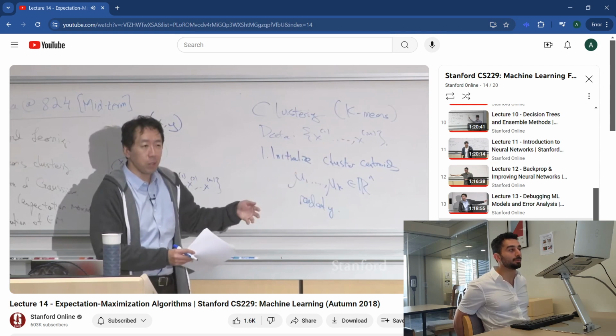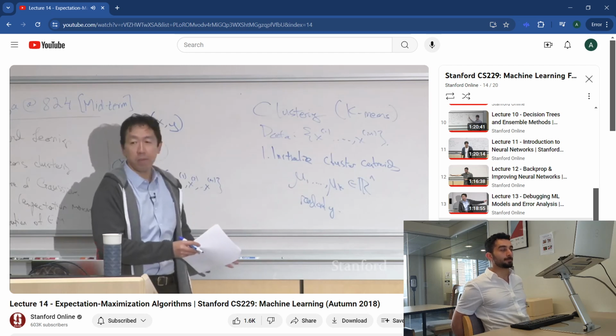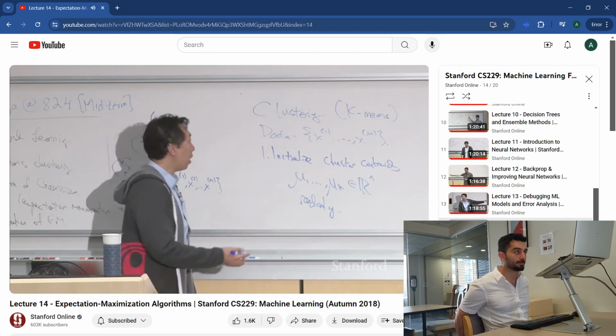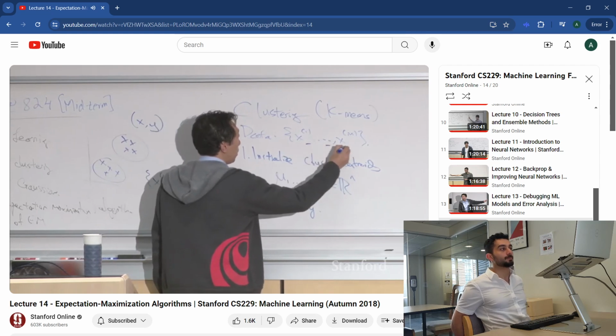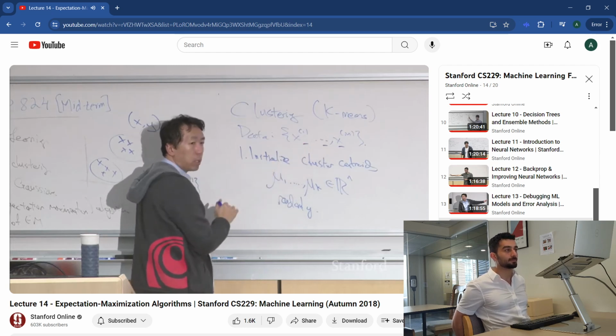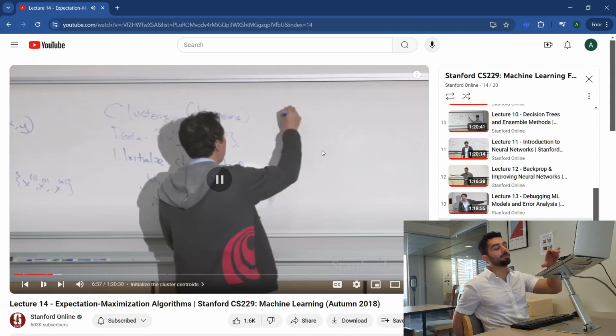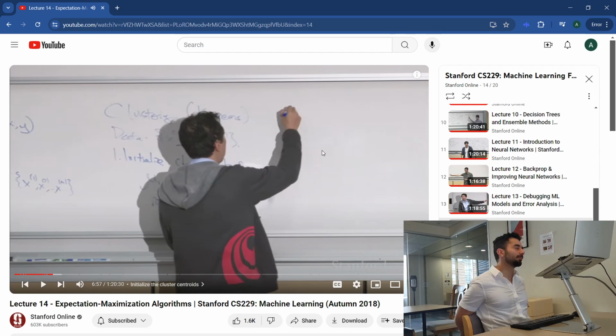So in a low-dimensional space, like a 2D plot, it doesn't really matter. But when you work with very high-dimensional data sets, the more common way to initialize these is to pick K training examples and set the cluster centroids to be at exactly the location of those examples. But in low-dimensional spaces, what will we do? So we have K initial samples, and then we want to update this to find a better set of centroids.